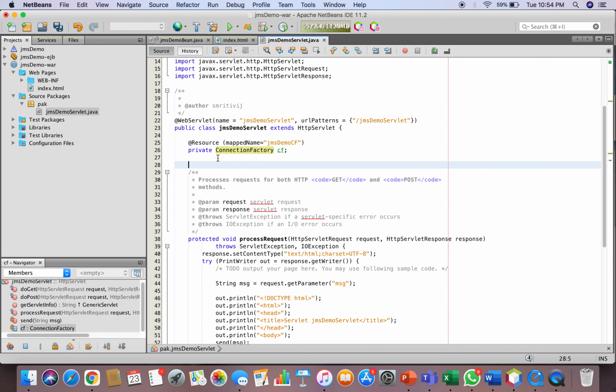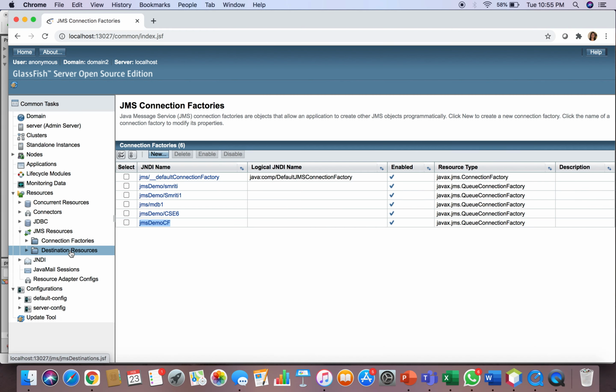Similarly, we will do for the destination also. Resource mapped name, it is equal to, we will copy from the destination resources.